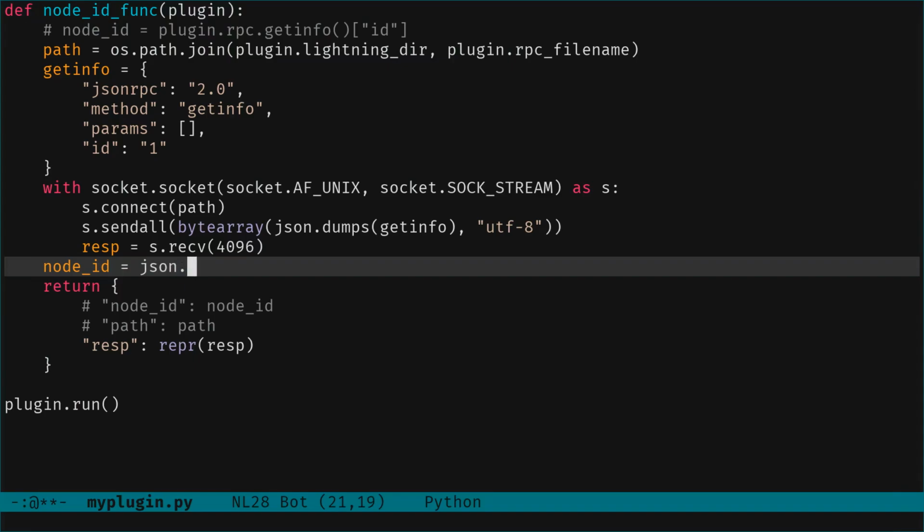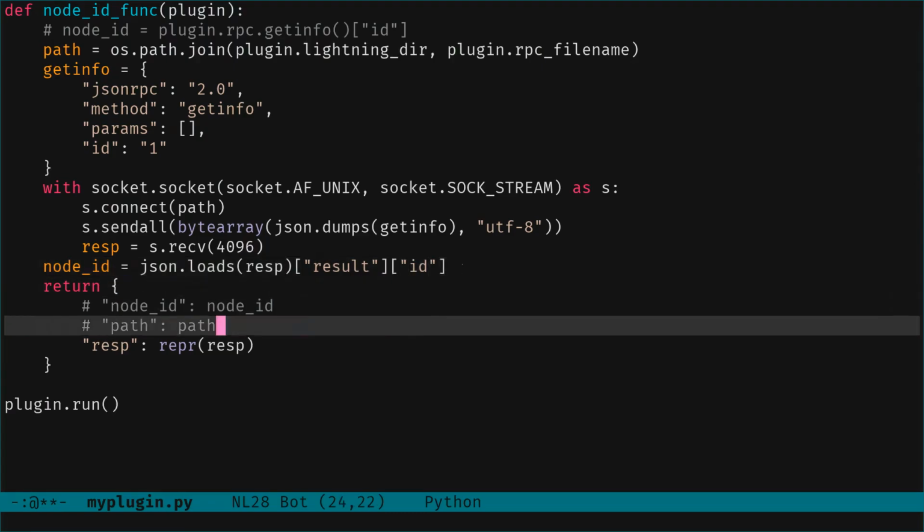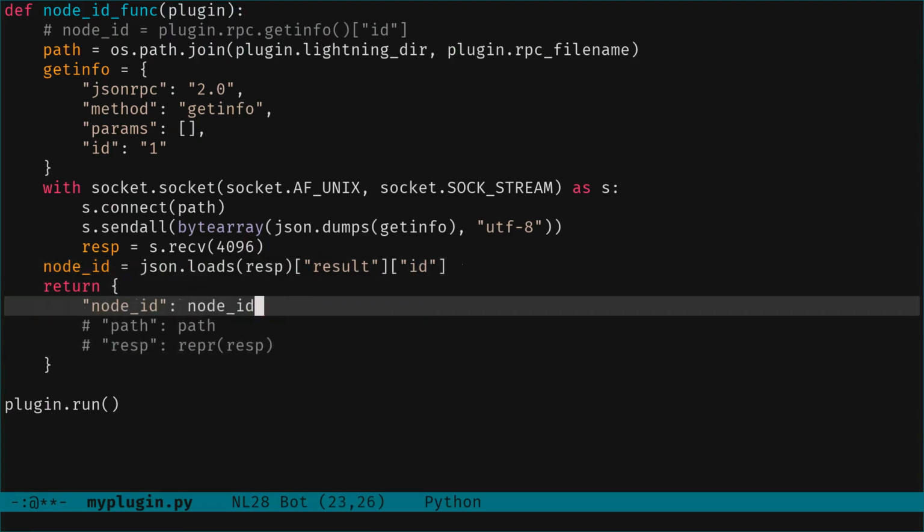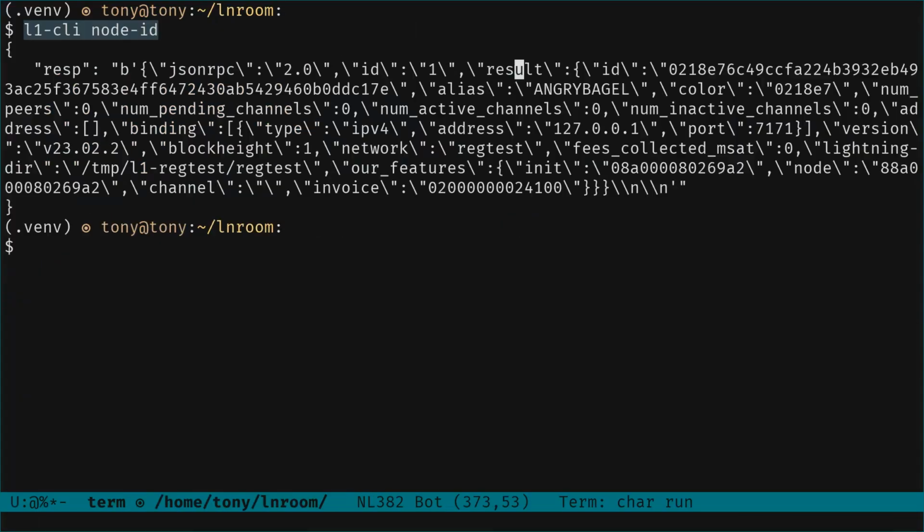So now we say serialize the responses that we get, and we want the result, and in the result we want the ID. So now we can go back to that one in the object that we return. So now we can return the node ID,